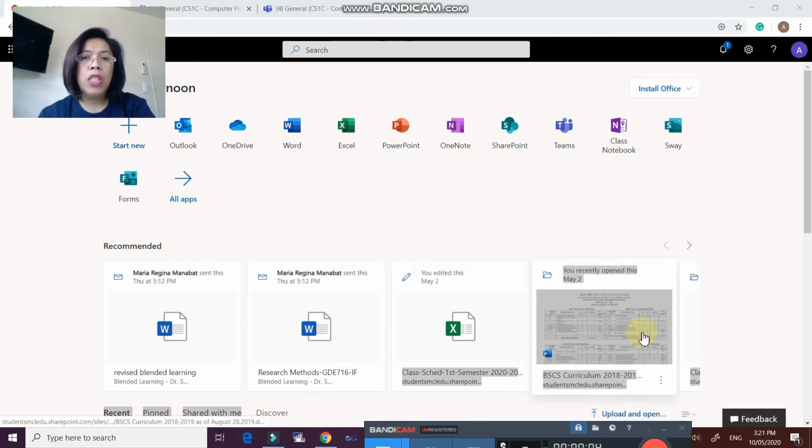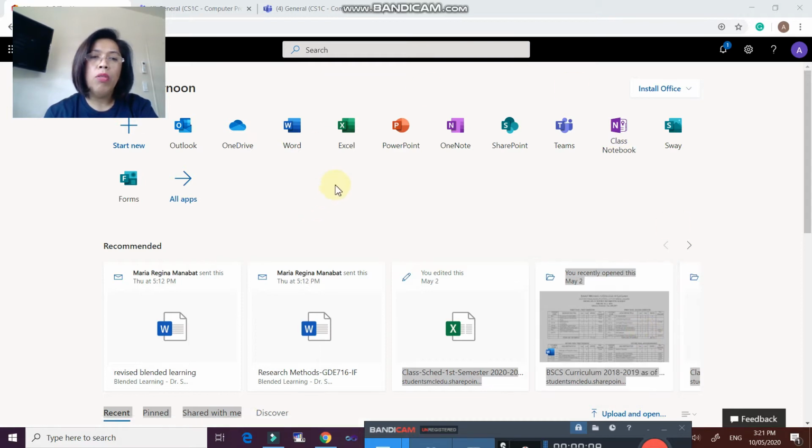Actually, Office 365 offers bundles of software. We have here the Outlook and OneDrive. We have here the Microsoft applications: Word, Excel, PowerPoint, OneNote, SharePoint, Teams, Class Notebooks, Sway, Forms,